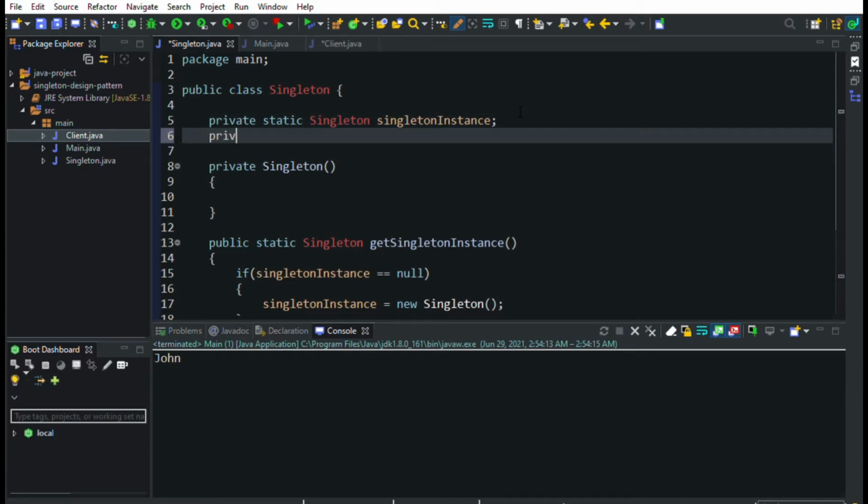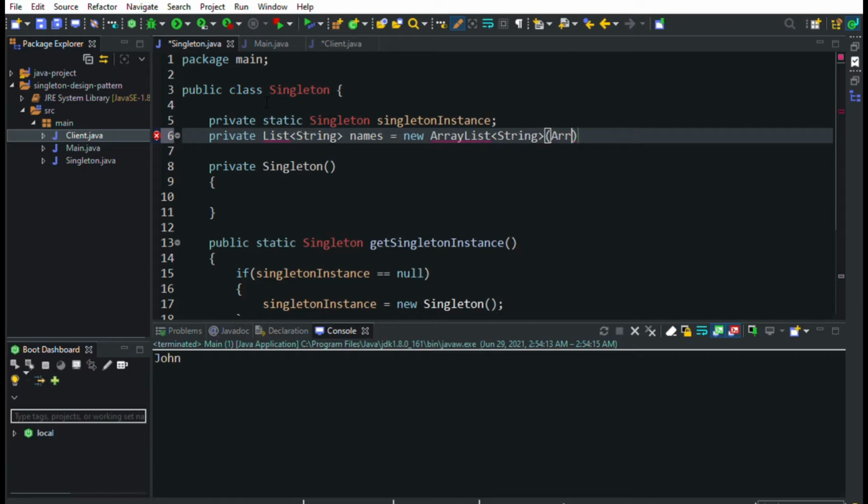We're going to create a list that will house the names of individuals, just random names that will be used to test this singleton design pattern with multiple clients. Let's say private List of type String, call it names. Then we'll say it's equal to new ArrayList of type String,